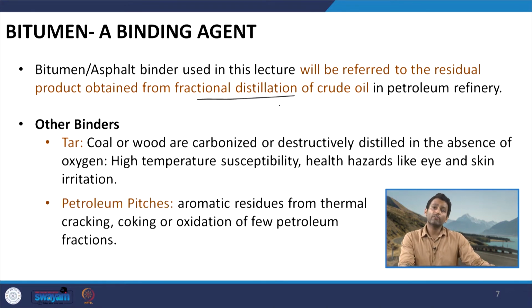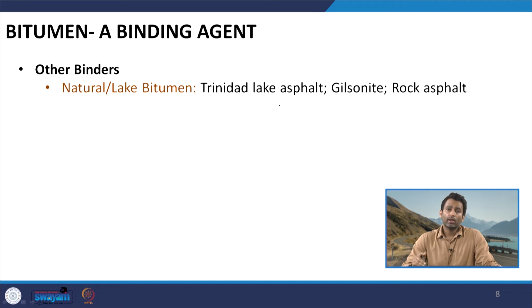Bitumen is also different from something which we call petroleum pitches, which are basically aromatic residues obtained from thermal cracking, coking or oxidation of petroleum fractions. Bitumen can also be present in natural form, and this natural form of bitumen is called natural bitumen or lake bitumen. One example of lake bitumen is the Trinidad Lake asphalt, which is found in the Trinidad